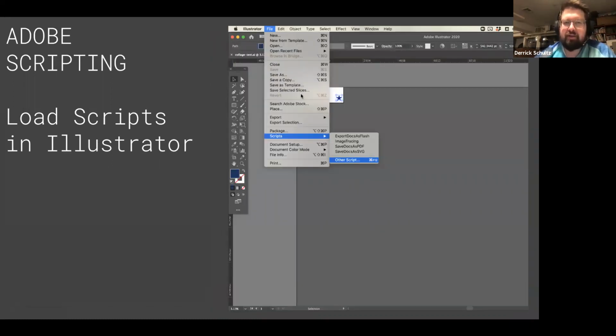From Illustrator, it's File, Scripts, and then Other Scripts. Of course, because this is Adobe, they can't have the same menu, but just be aware that you can do it from both. I think there's also ways to do it in Premiere as well as in After Effects. I think almost every Adobe application has some sort of JavaScript DOM background to read from.